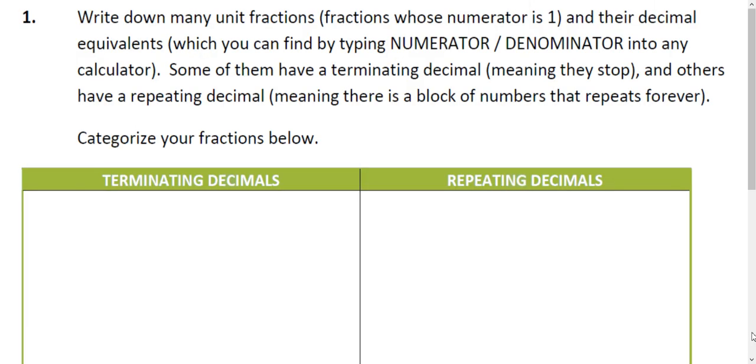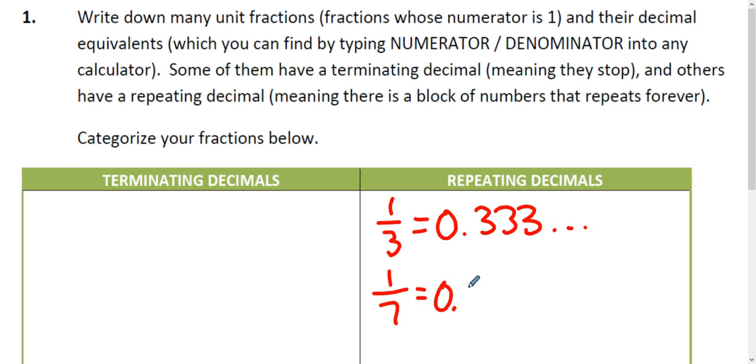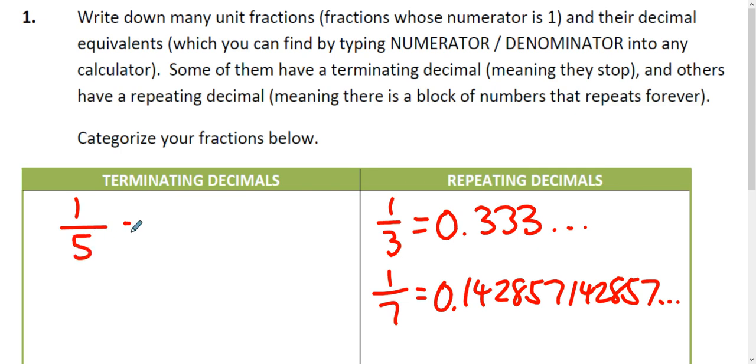I asked you to write down a bunch of unit fractions and their decimal equivalents. And some of them terminated and some of them didn't. So I'm sure that you wrote things like 1/3 repeats and 1/7 repeats. Right, I'm sure you wrote things like that, and I'm sure that you wrote things like this doesn't,